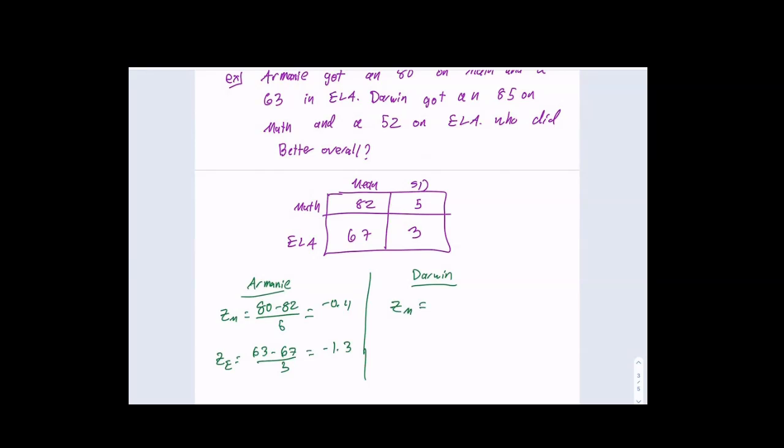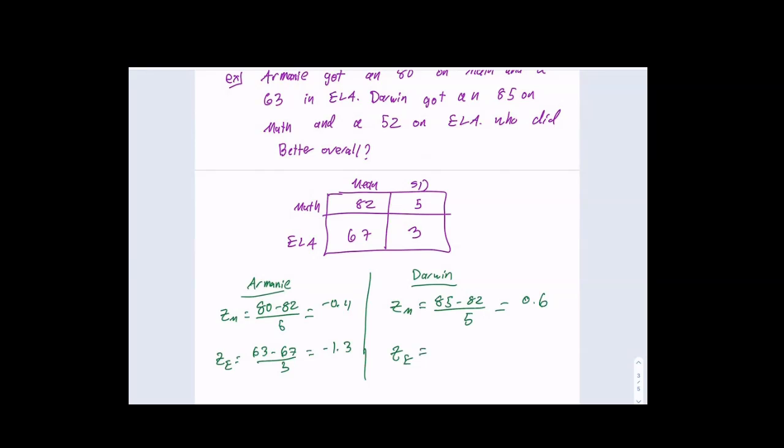So let's find the z-score for Darwin's math score, which would be what? That's 85 minus 82 over 5. Good. Which is 0.6. So Darwin did better than average on his math. Does that mean he's going to be the better student? We don't know. Let's find his z-score for his ELA exam,